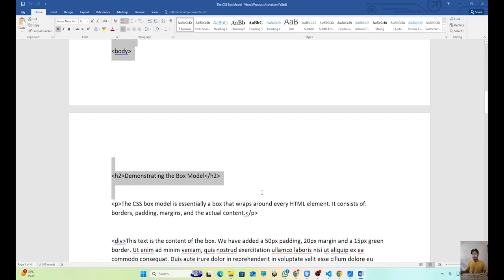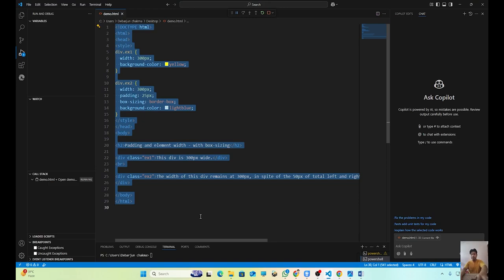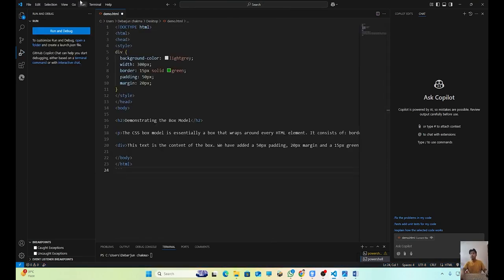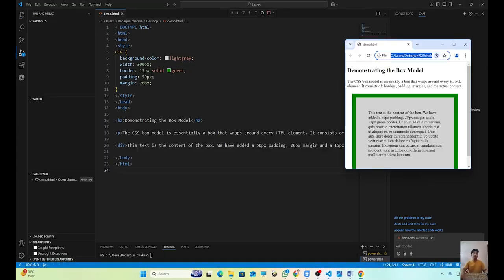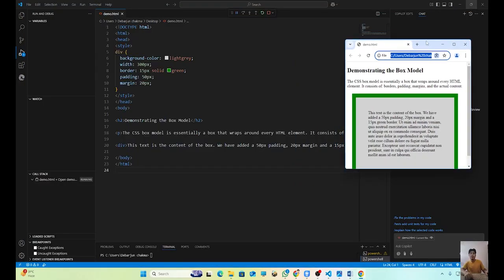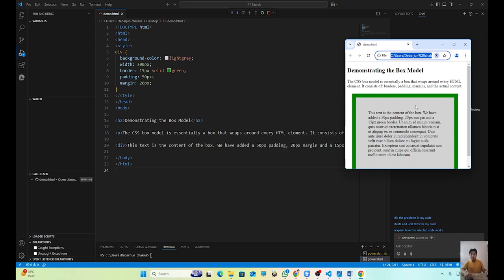So we are going to use this example and run it by clicking F1. So see, this CSS box model is usually shown right under the cross. What we're going to see: the border, we are seeing the green color is the border. And what is this color? The background color of the content will be light gray, and the width of the device is like this,